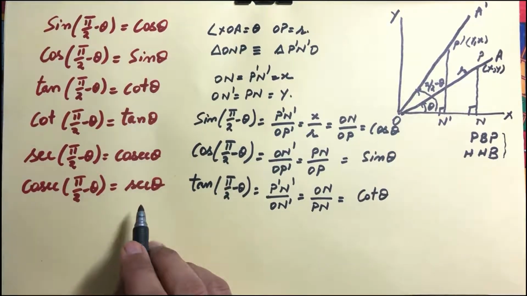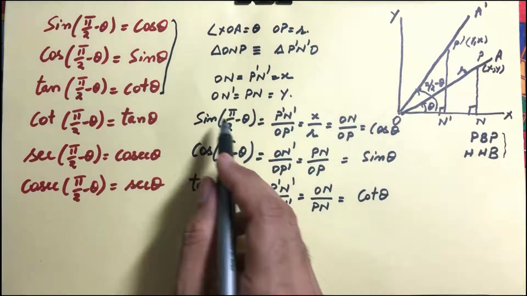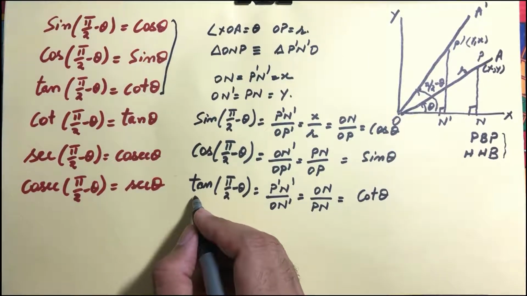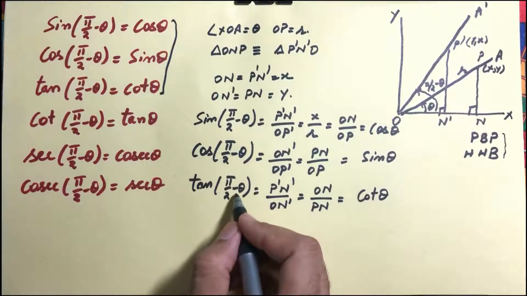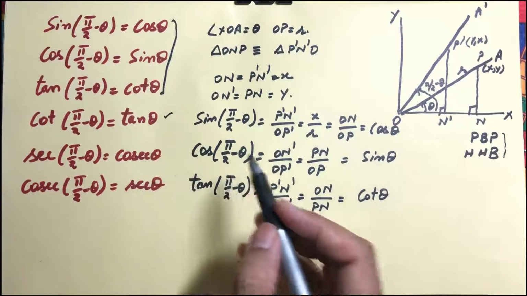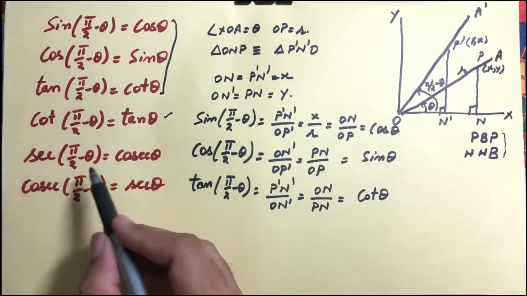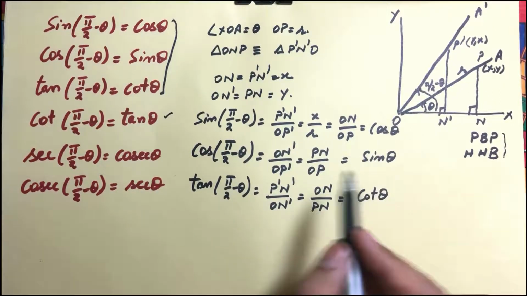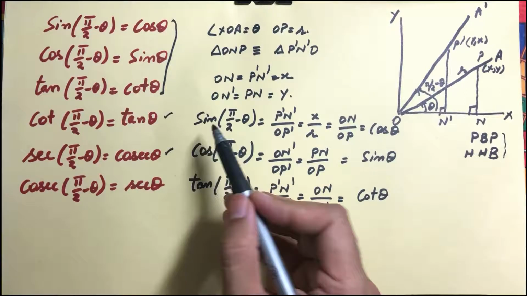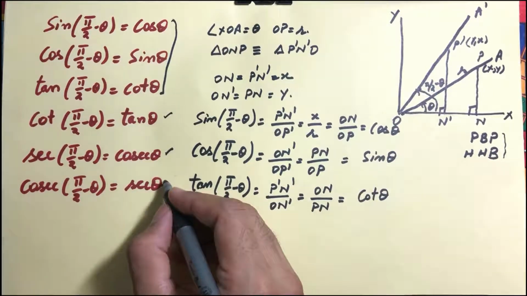So as in previous manners, we already proved these three, and these three are reciprocals of these. Like here, if we take the reciprocal of tan, we get cot of pi by 2 minus theta is equal to, reciprocal of cot is tan. Now taking reciprocal of cos, we will get secant, and on the right hand side, reciprocal of sine is cosecant. Now from the first, reciprocal of sine is cosecant, and on the right hand side, reciprocal of cos is secant.